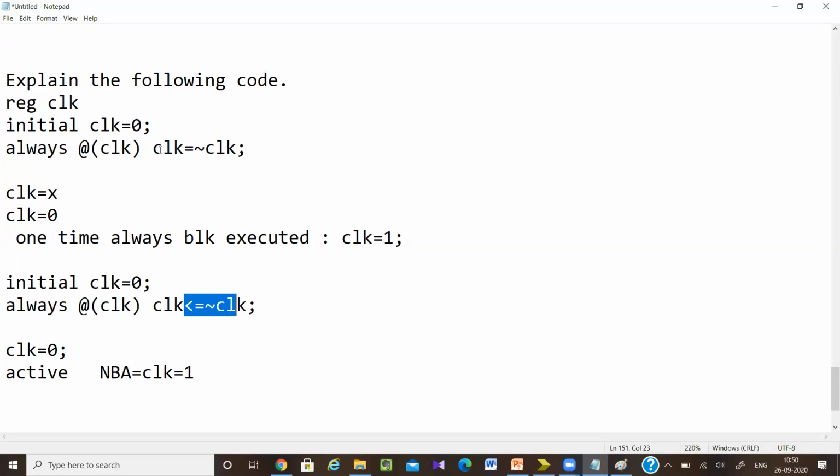But if I am just changing in the active region, immediately the value is assigned, so the always block is not going to execute more than once. But here the NBA region value is changed, so it will again go to the active region, toggle, trigger the always block, value changed again, trigger the always block again. But normally this makes no sense. When you are generating the clock, simply write always #5, then